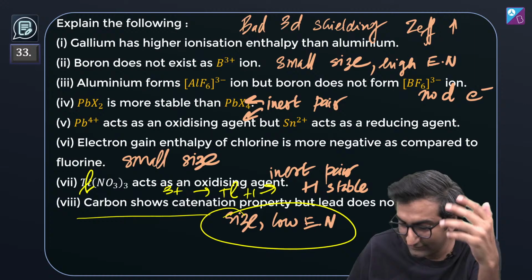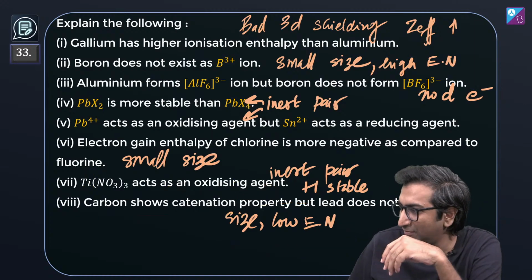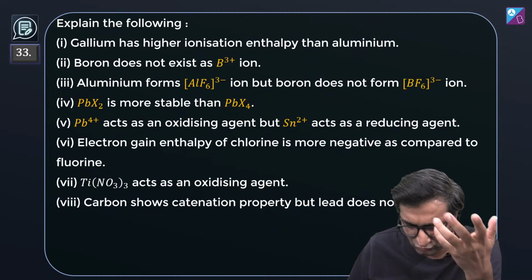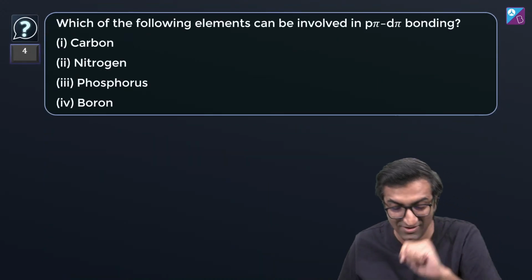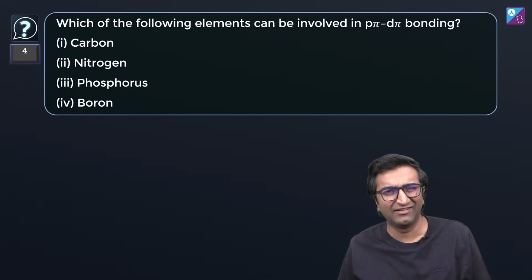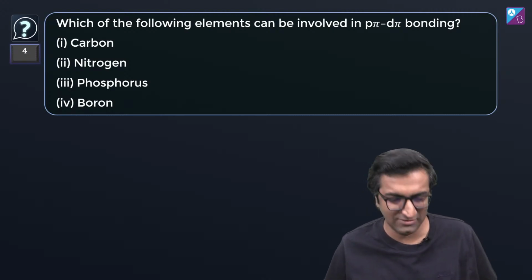Catenation, छोटा size, low electronegativity. अगले सवाल पे चलते हैं। It's not really a question, this is more of a revision. Theory हम लोगों ने revise की, but खैर, good for you, I guess. अगले सवाल पे देखते हैं। Again, these are very easy questions, but ऐसे सवाल तो आते हैं जेई में आजकल।